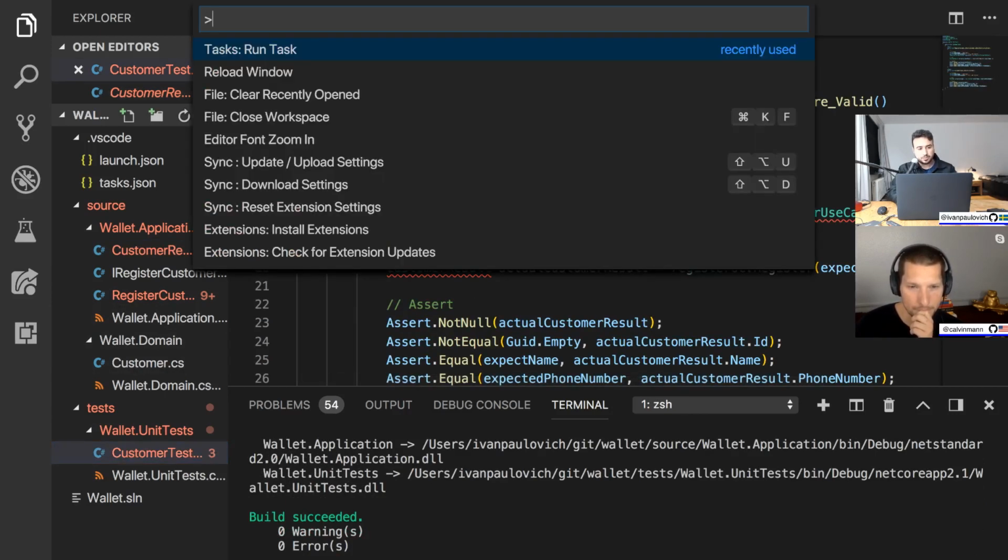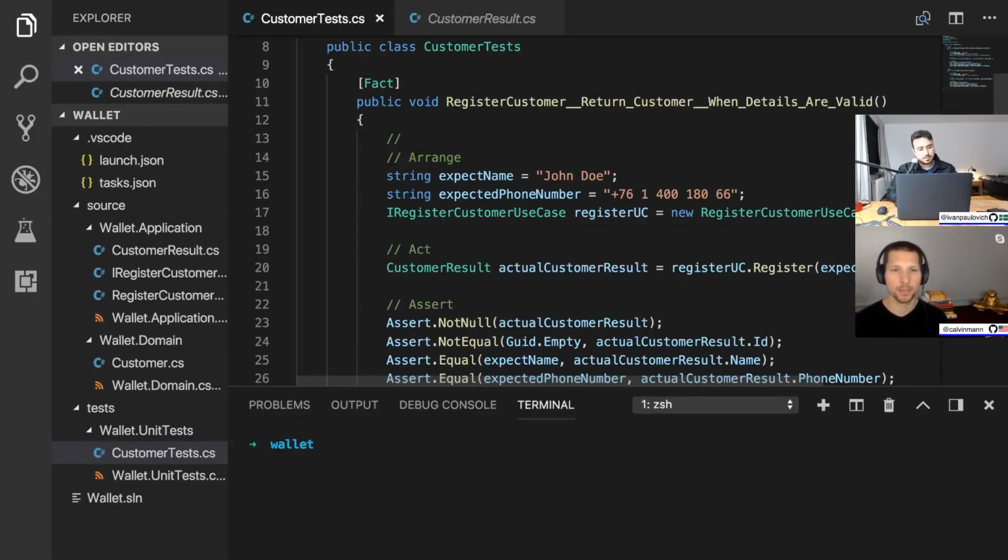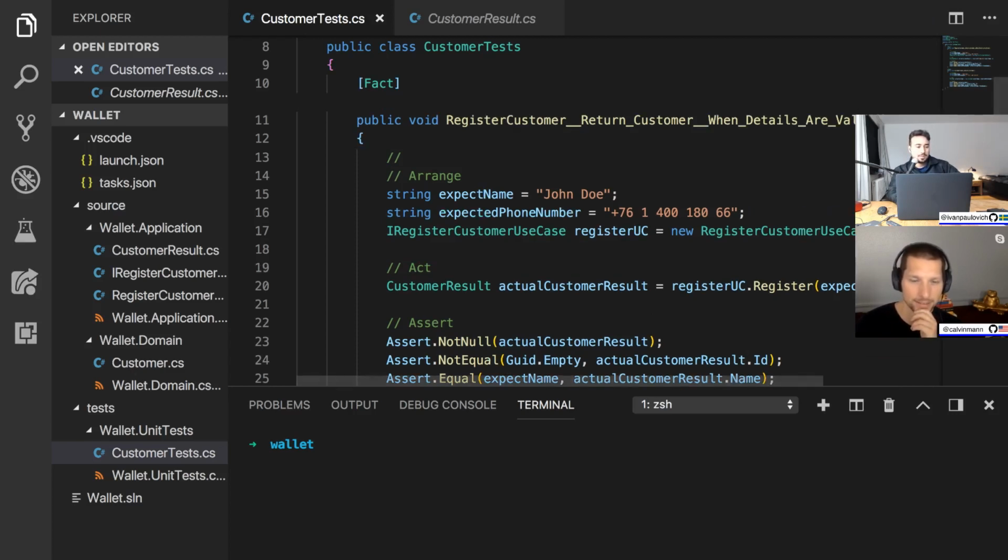Maybe I need to reload the window. Yeah, interesting. Everything's building. I reload the window. Yes, if I remember correctly, that's the problem that happened in our previous coding session. Okay. It's the same. It's an issue with the Mac